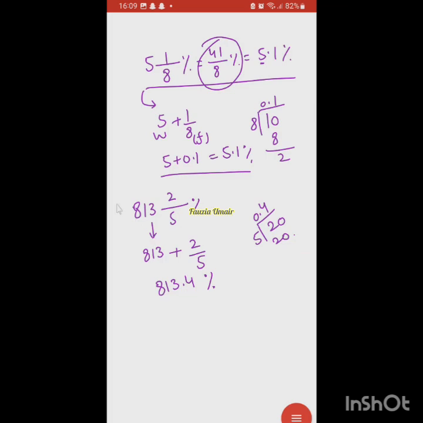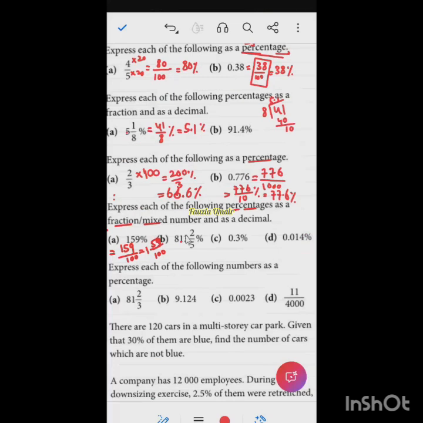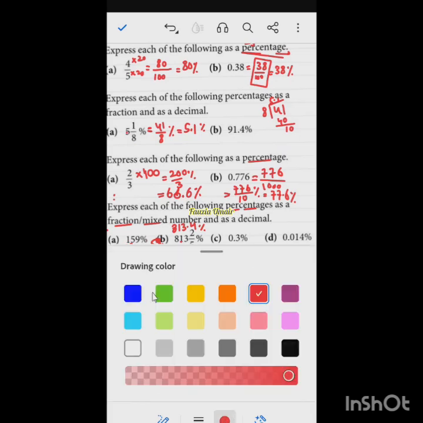Right? So same is the case here। 813 by 2/5 जो भी है ये, this is basically 813.4%। ठीक है।